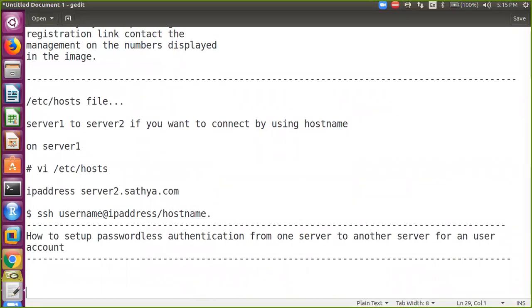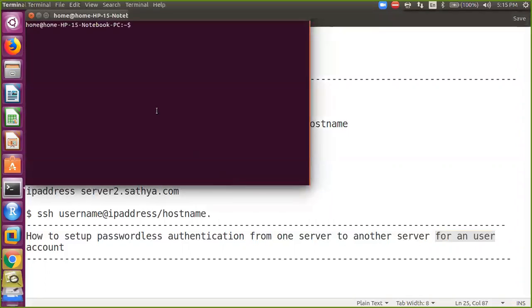As I said, for a user, let's say my requirement is I want to set up passwordless authentication for user Mohan on server 1 to server 2. On both the servers, the user Mohan account is there, right? So whenever Mohan wants to log into server 2 from server 1, it should not ask to enter the password.